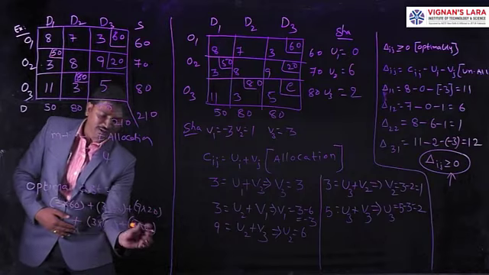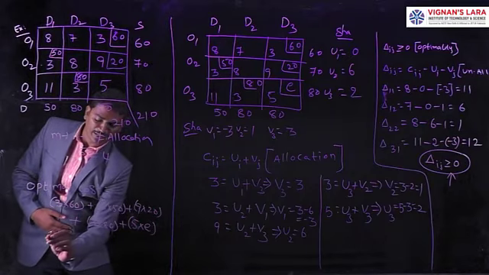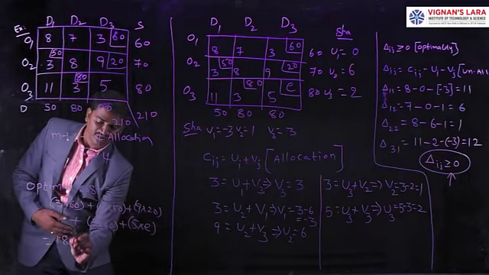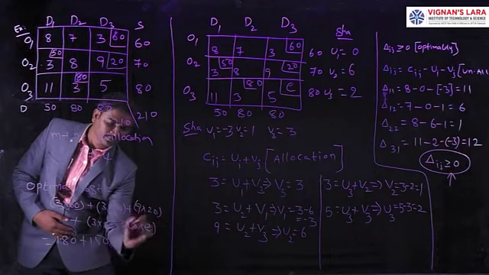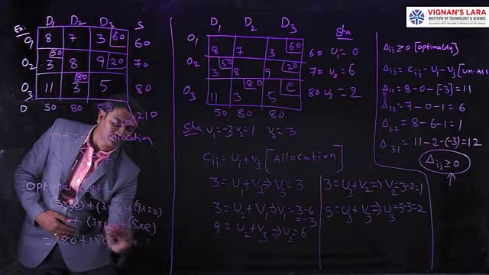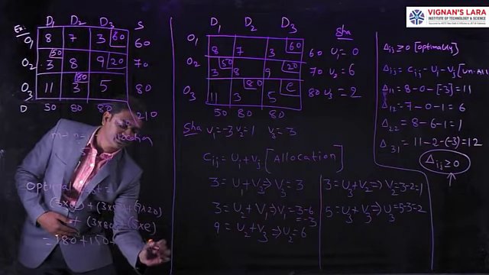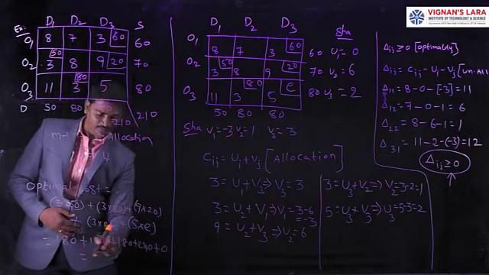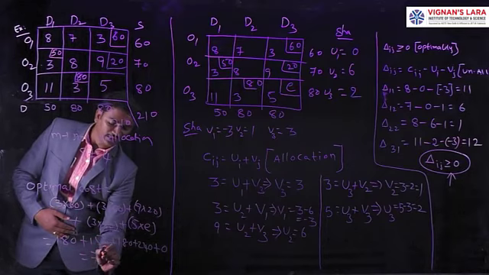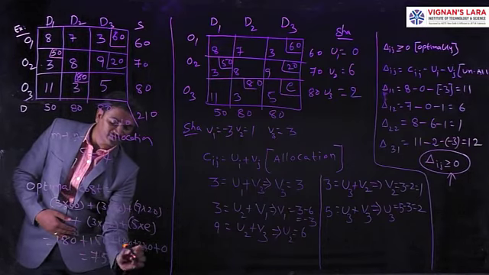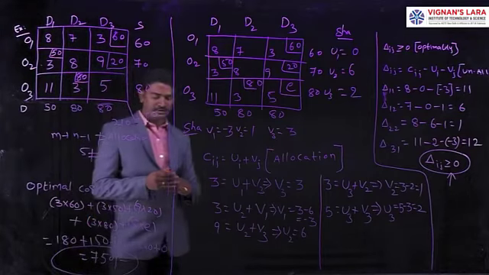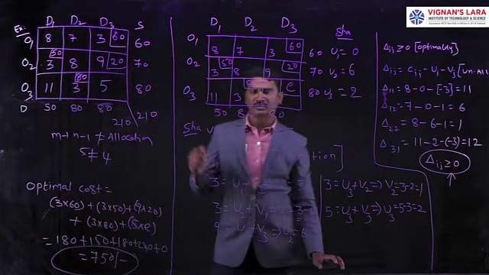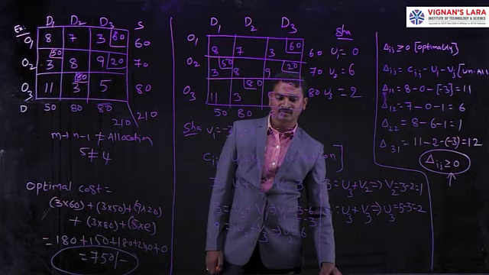After substituting the epsilon value equal to 0, we get 3 into 60 is 180, plus 150, plus 180, plus 240, plus 0. From this, finally we get 750 rupees. This is our total transportation cost from the origins to destinations. Here we are supplying the commodity at the cost of 750 rupees.